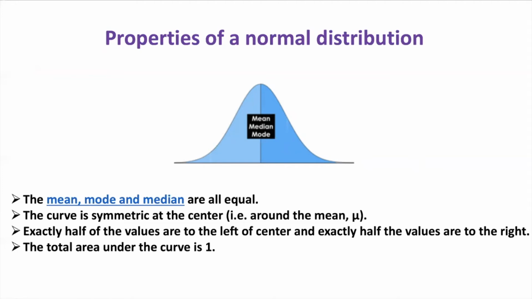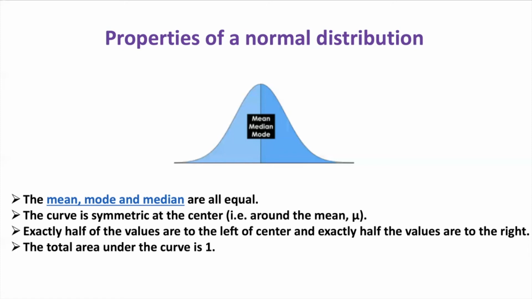Now you clearly understand the 68, 95, and 99.7 rule. So we will move on to the properties of normal distribution. First of all, as we have already studied mean, mode, and median, in a normal distribution the mean, median, and mode are all equal and lie at the center of the curve. As you can see in this figure, our mean, median, and mode will be this line. And for the second condition, the curve should be symmetric at the center. As you can see, this part and this part are symmetric to each other.